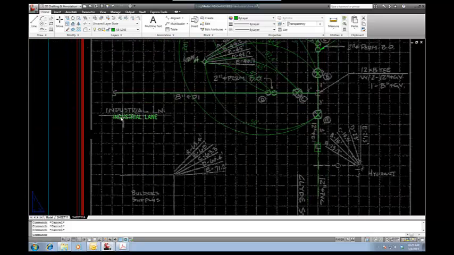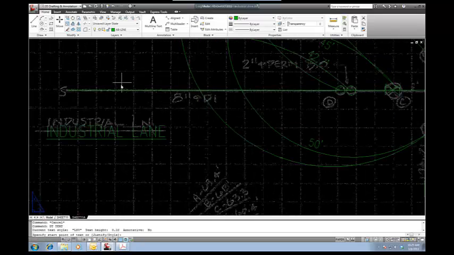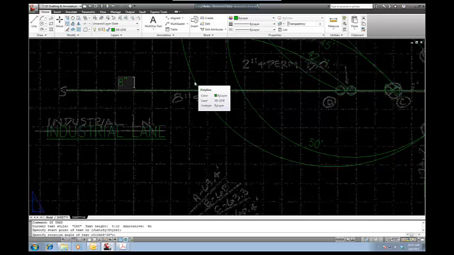When you do see the names of the streets, we do like to underline them and bring them up 1.5 times. So I do 1.5 on the scale and throw an underline on them. And then again, just a little note here, we don't use these little circle thingies. Just label this label will just be 8-inch DI. So anytime you see